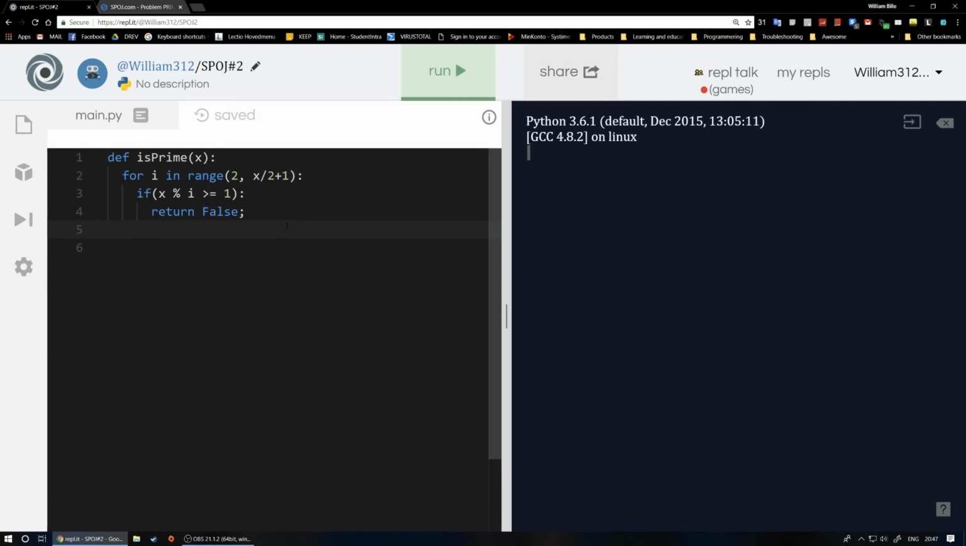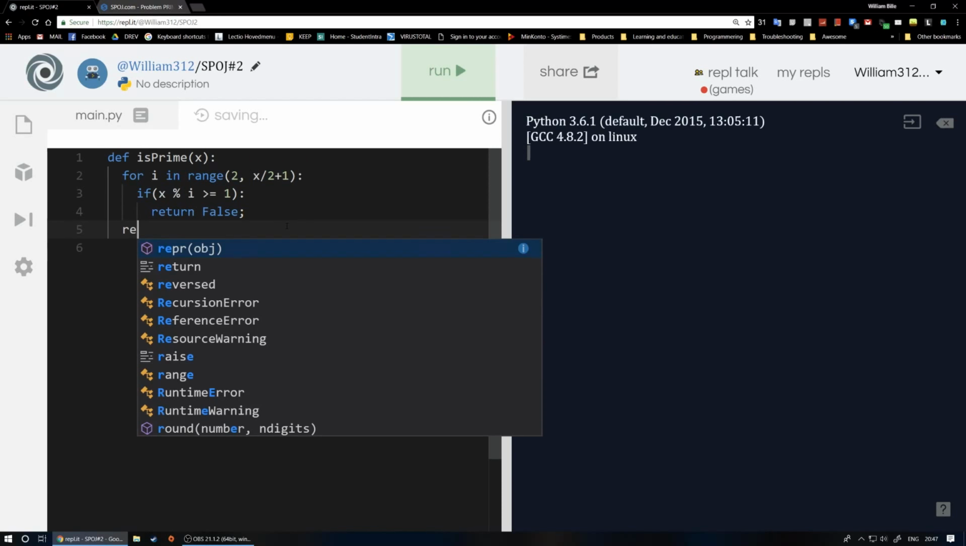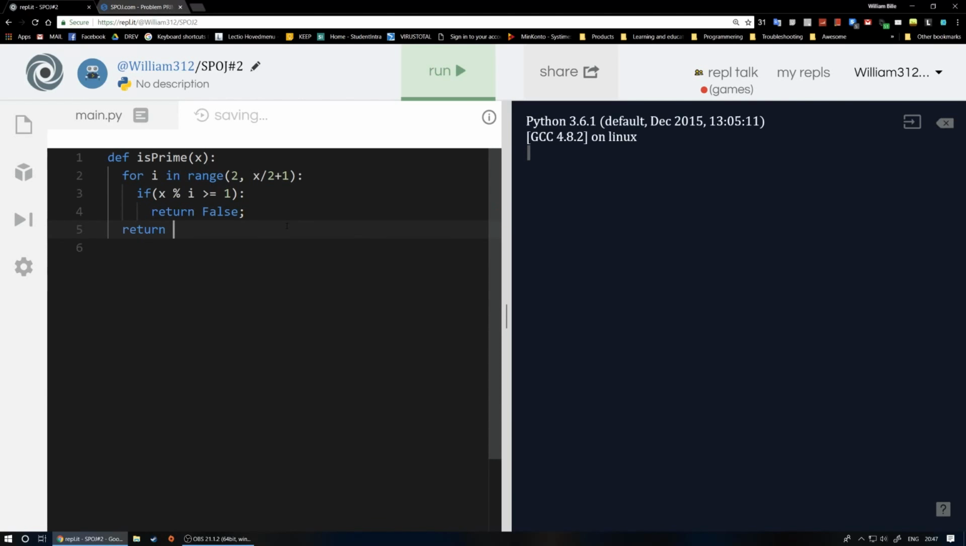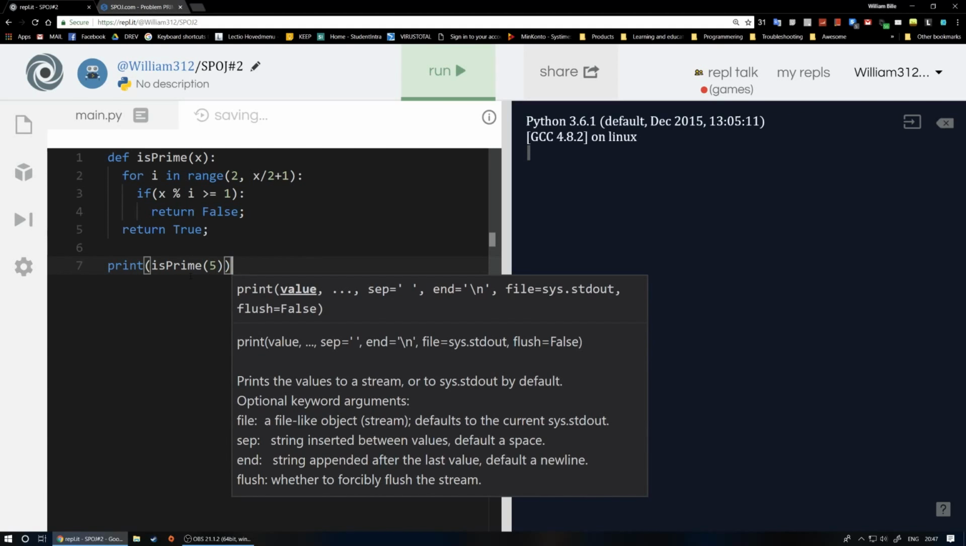And then we can basically just say that if we haven't returned anything, where return basically means just stopping the function, if we haven't done that in the for loop, then we know it's a prime number, so we can return true after the for loop, and this should basically work. So if we do something like print is prime of 5 and we test this,